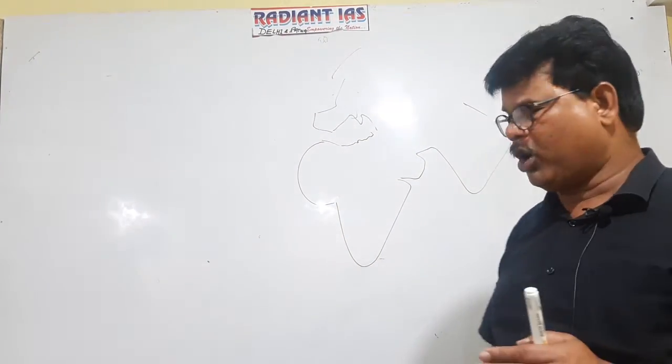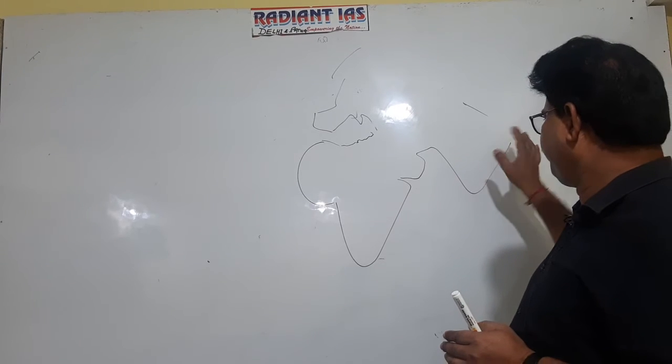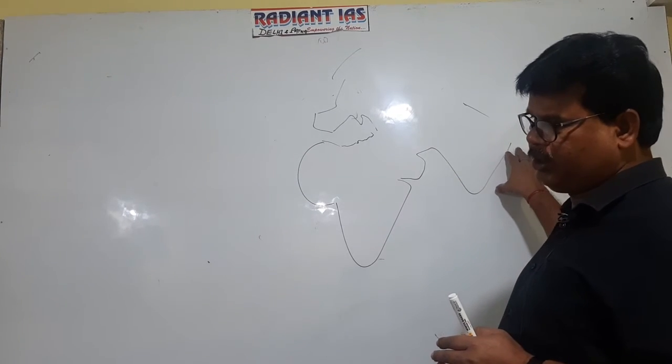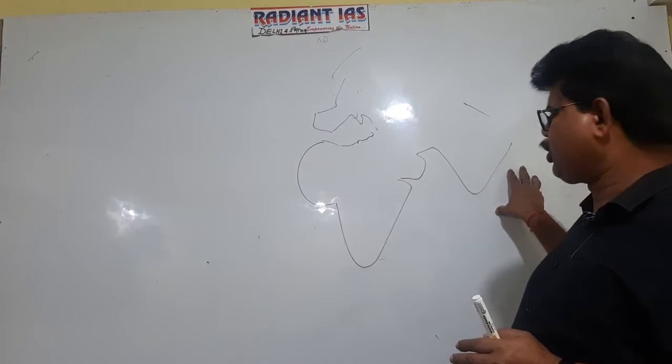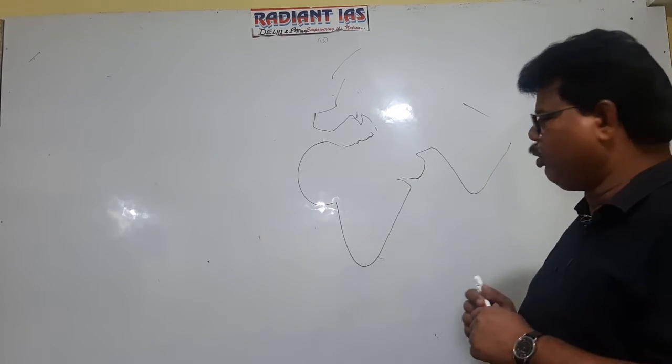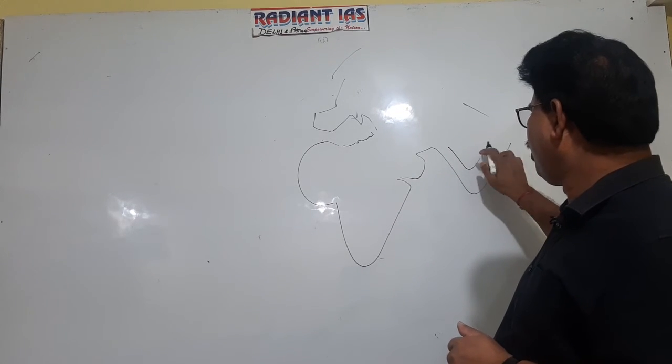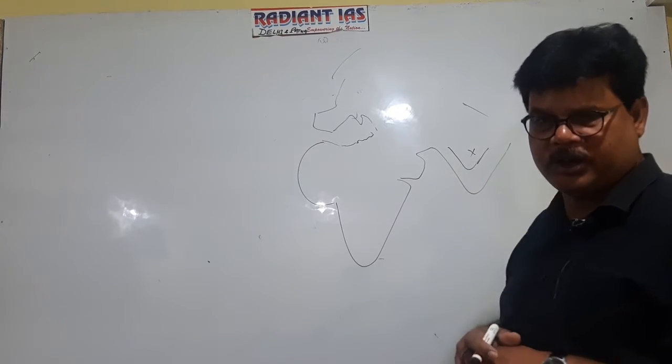But the source of energy of the tropical cyclone is the oceanic zone, na? So that's why its impact will be observed only along the coastal part, but not in the interior part of the continent. It is clear now.